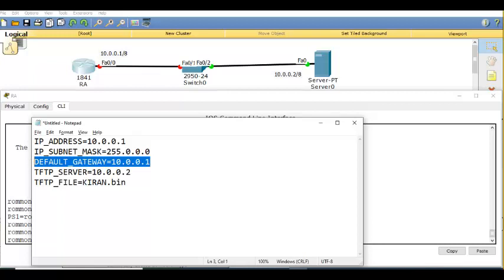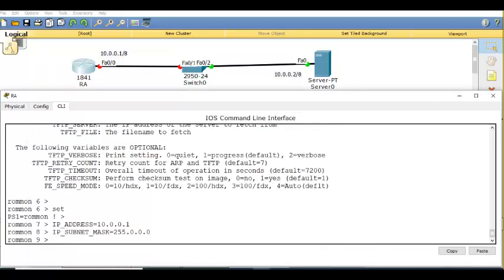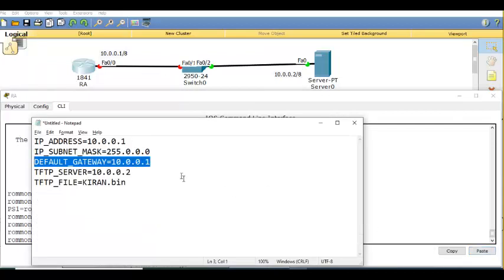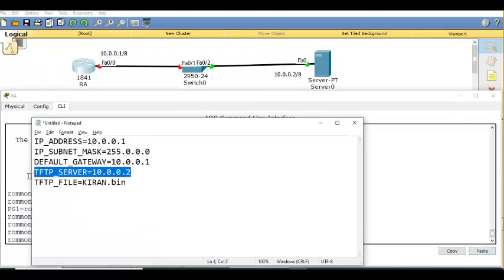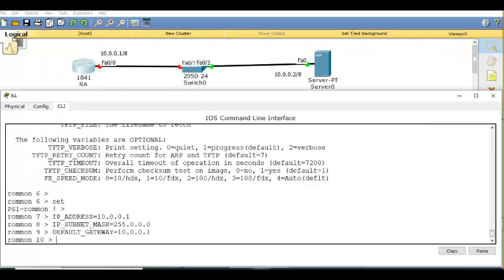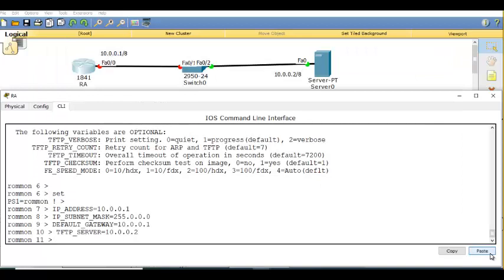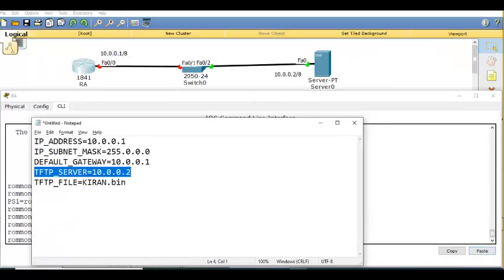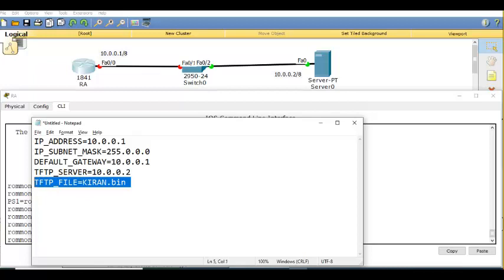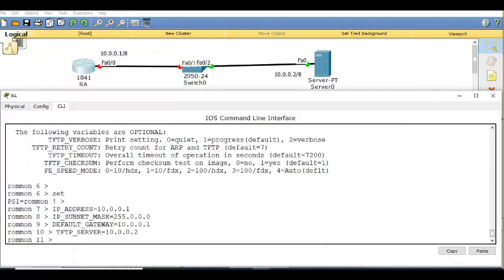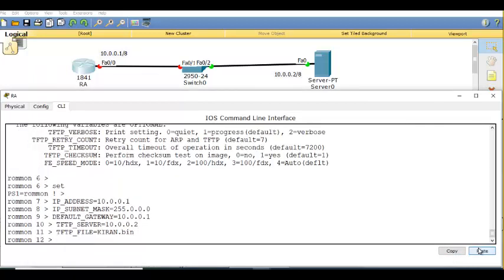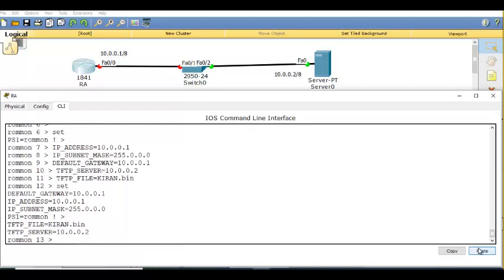Gateway. TFTP server. TFTP file. See, this is what we have given. Looks nice, no?